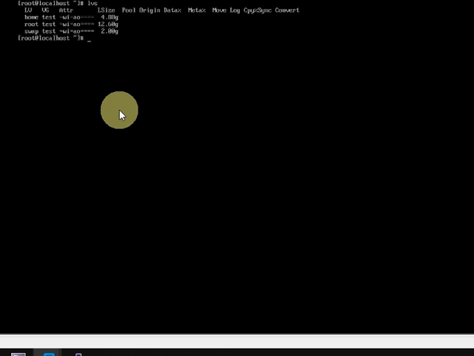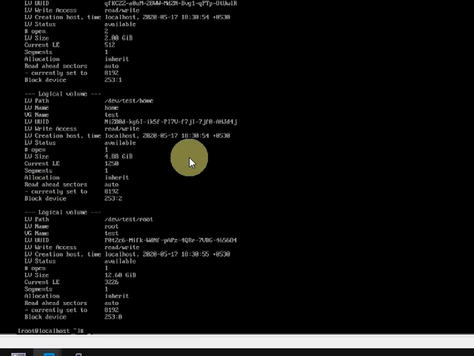Now go to logical volume. The short command is lvs. Here you can see the three logical volumes we created during the installation. One is home, another is root, and the third one is swap. Home size is 4.8G, something around 5000 that I gave at that point of time. Root size is 12.6G, as I gave. Swap size is 2GB, the same thing I gave. If you give the command lvdisplay, you can see all three logical volumes' details here.